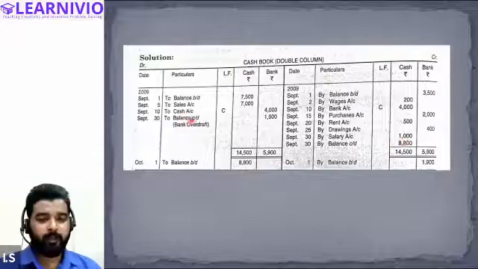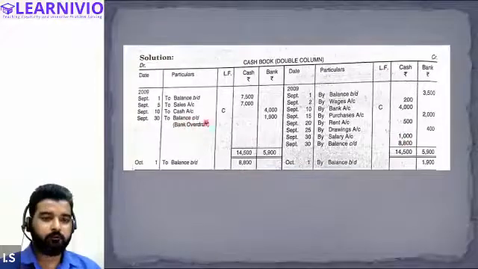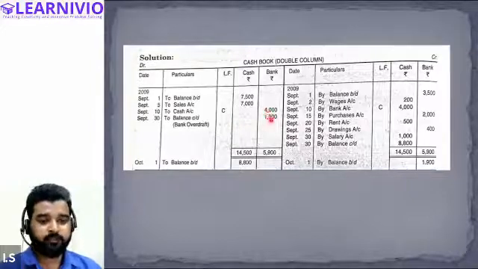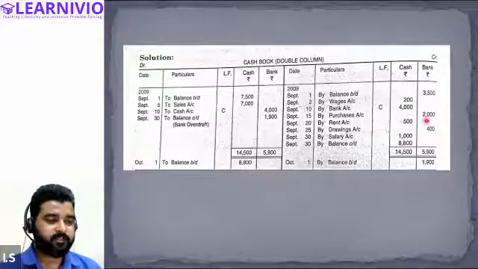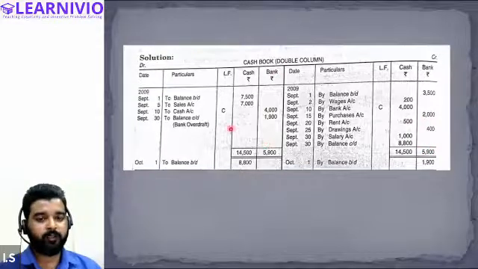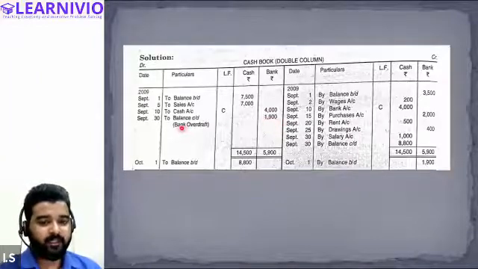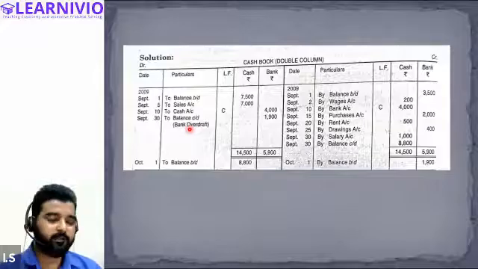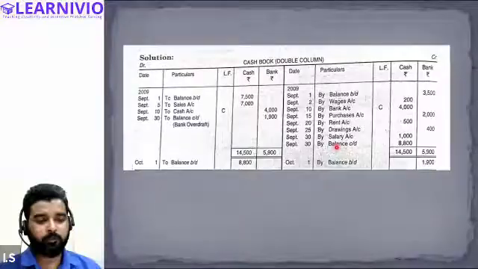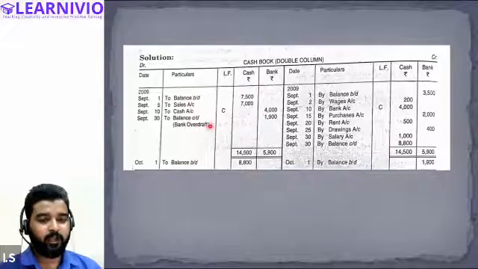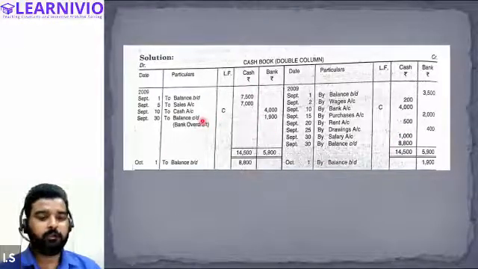whereas the balance of the bank account is recorded on the credit side. This indicates that we have a credit balance of bank, which means that the credit side of the bank is greater than the debit side of the bank. Hence we have 1,900 as the credit balance, and credit balance indicates overdraft. Is it clear, Peer, Steve, and Samiksha? Yes, sir. Is it clear how you will interpret the balances? The balance on the debit side is known as the debit balance of cash, and the balance we get at this side is called the credit balance.